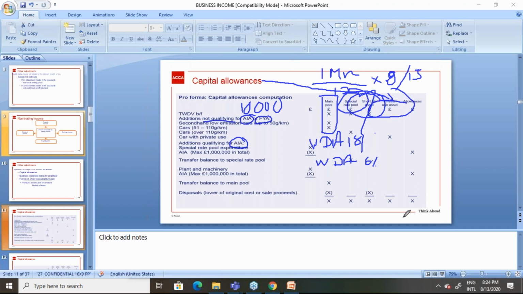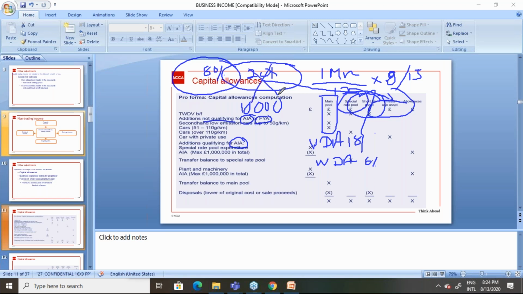You need to maintain a separate column for that. Right? So that's how you maintain it. Main pool, special rate pool, short life asset, and private use asset. Because if there is any private use element, your capital allowance claim should be restricted only to the business use. Say the asset is used 80% for business use and 20% for private use. Then when claiming capital allowances, remember, you can claim only up to 80%, balance 20% is disallowed because of the